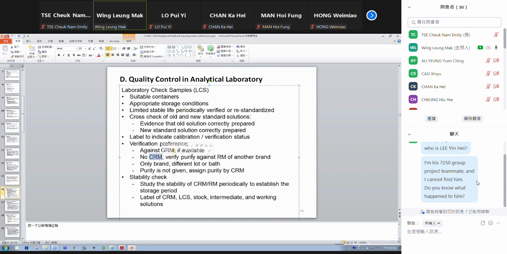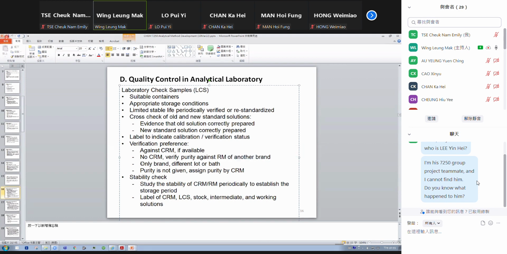Maybe we don't have the lead in the vegetables CRM. It is a matrix CRM, not easy to make. Okay, so you need to verify against the reference material only without the matrix, or use different brands to verify whether you can obtain the reliable result. Okay,